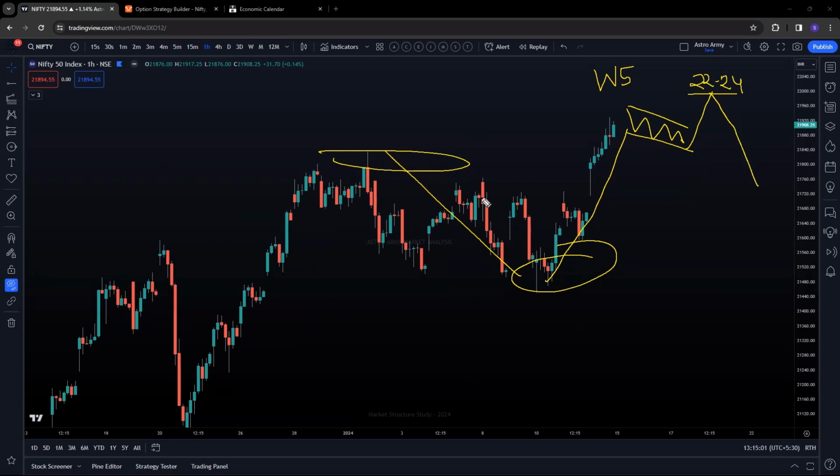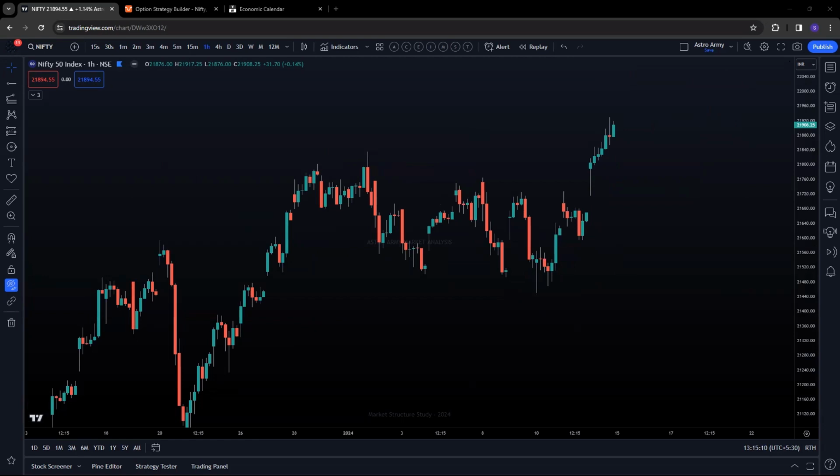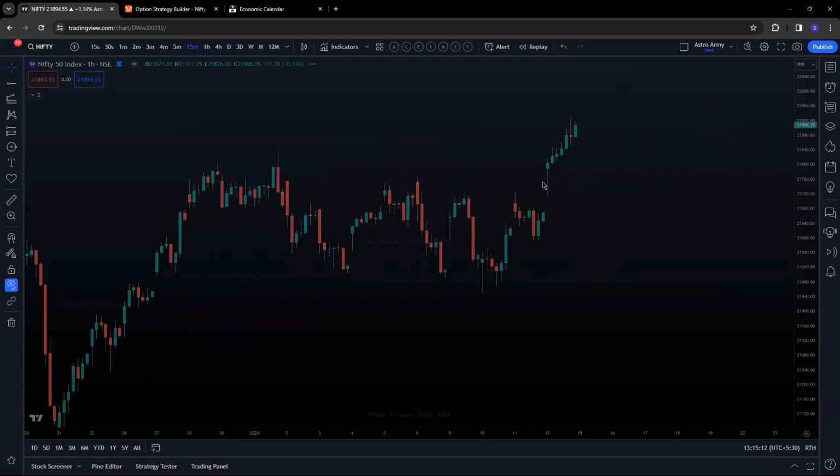So your pre-budget move can be a drop, right? Post-budget, again, we'll see what happens then. Before that, we have to see what happens in the next 2 days. It's more crucial. Okay. So this is all I have for you guys. If there's any update, I'll pull it up.